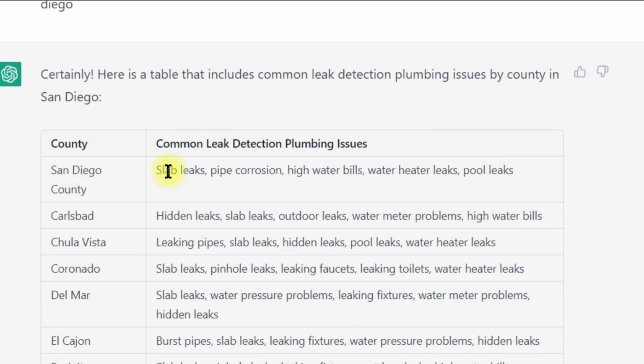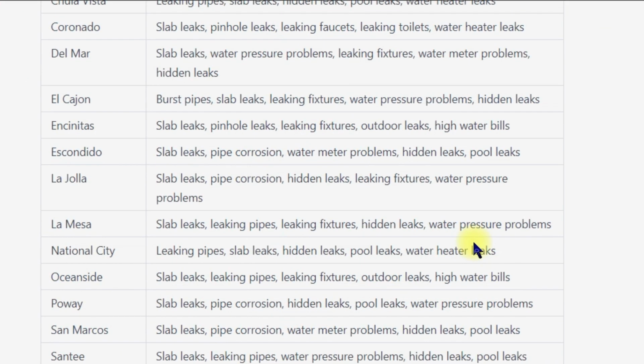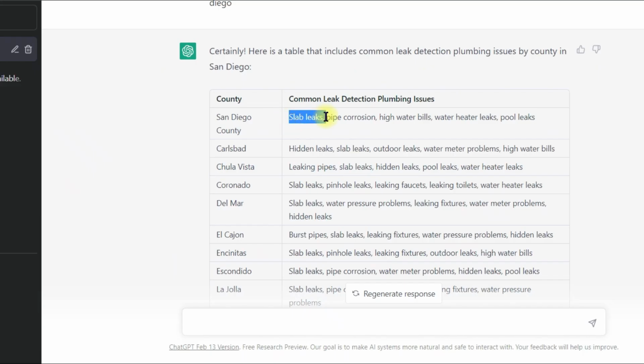So it pulled up San Diego, and it said the common leak detection issues are slab leaks, pipe corrosion, high water bills. Similarly, in Carlsbad, it says there are hidden leaks, slab leaks. These are the common leak detection issues. So there are so many things you can do. You can use this data for so many things. You can talk about slab leaks. For example, I can pick up slab leaks,